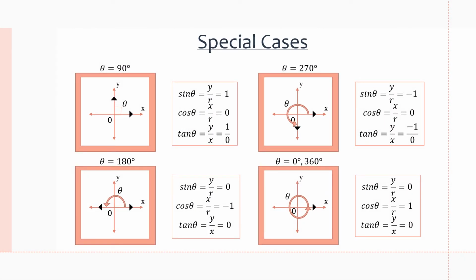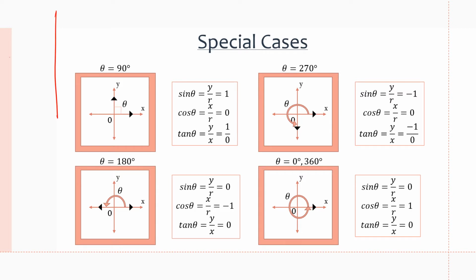Let's look at the special cases we want to watch out for. The first special case is when the principal angle, theta, is 90 degrees. Here, our y value will be 1, our x value will be 0, and our r value will be 1, right? Because if we have up here, like in the last slide,